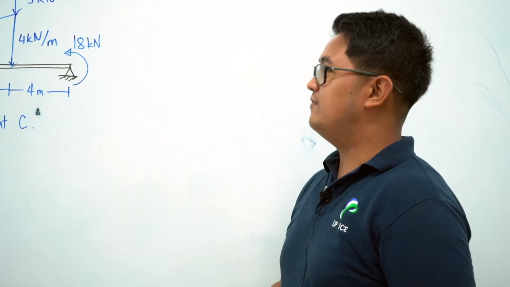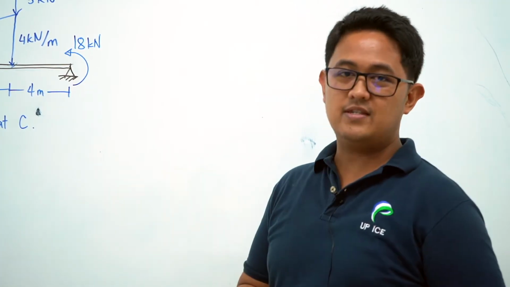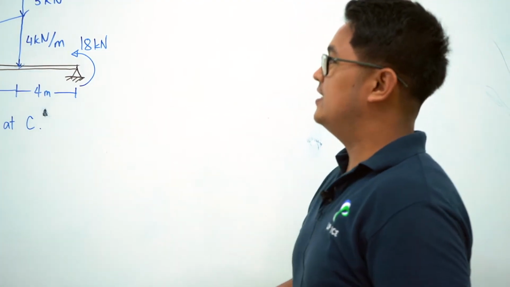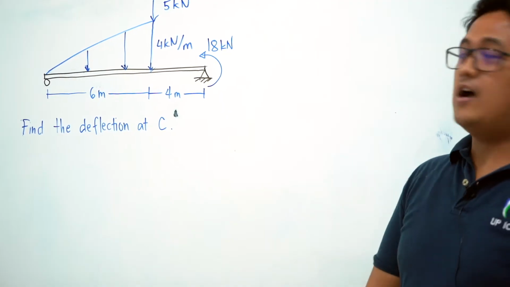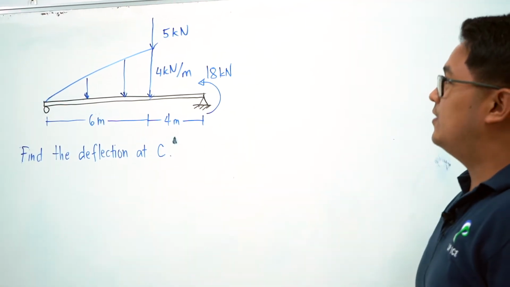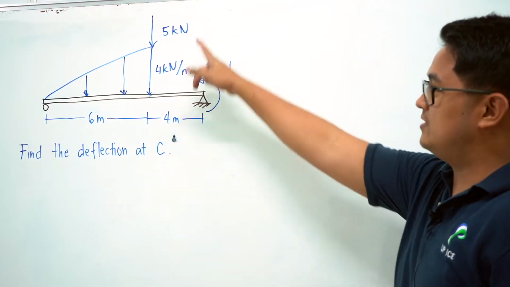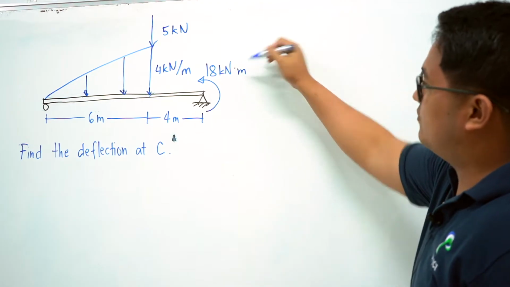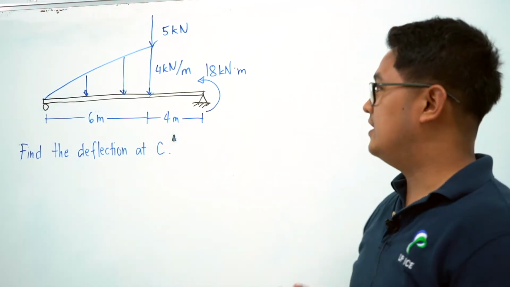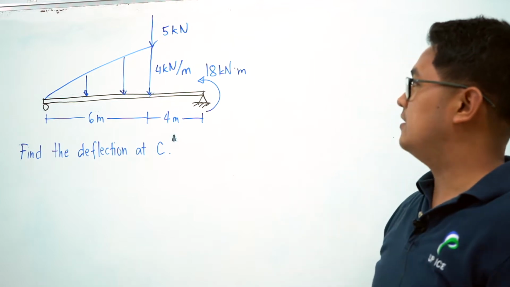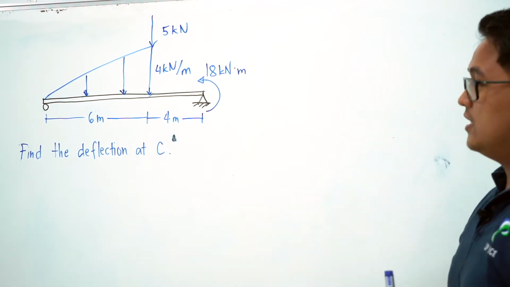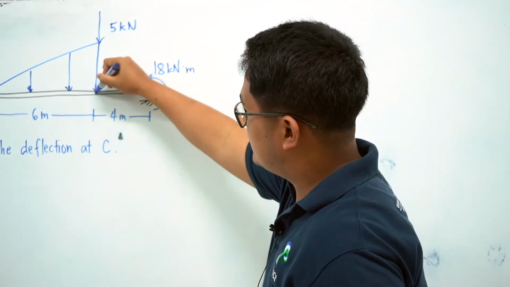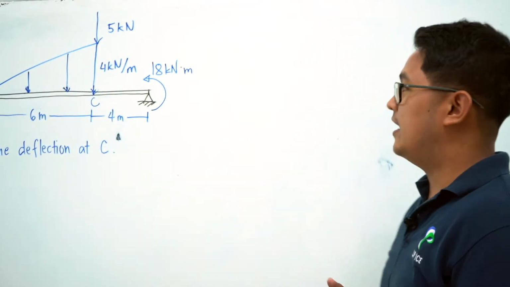Today we'll solve a problem that involves beam deflections using the area moment method. So we have a typical simply supported beam here acted upon by three loads: one concentrated force, 5 kilonewtons, one concentrated moment, 18 kilonewton meter, and another triangular load varying from 0 to 4 kilonewton per meter. Okay, so our objective is to solve for the deflection at point C, which is here, using area moment